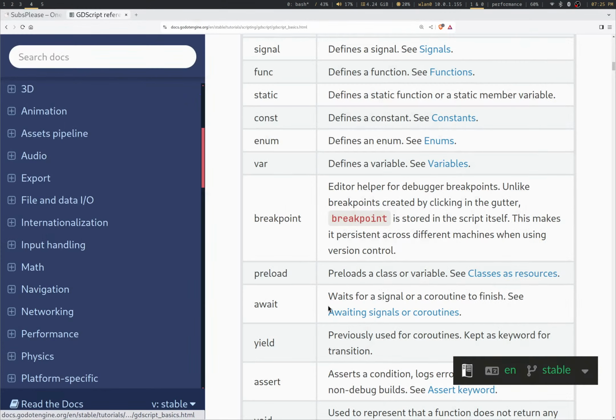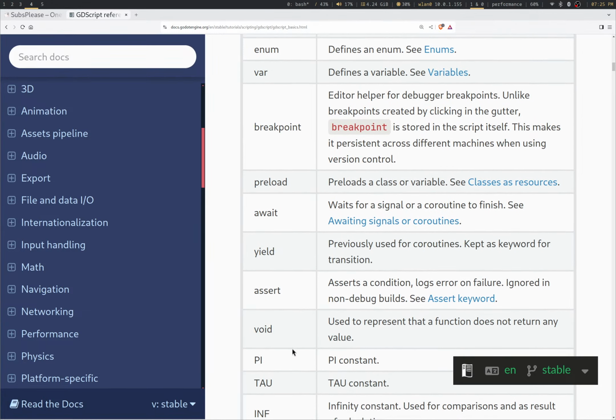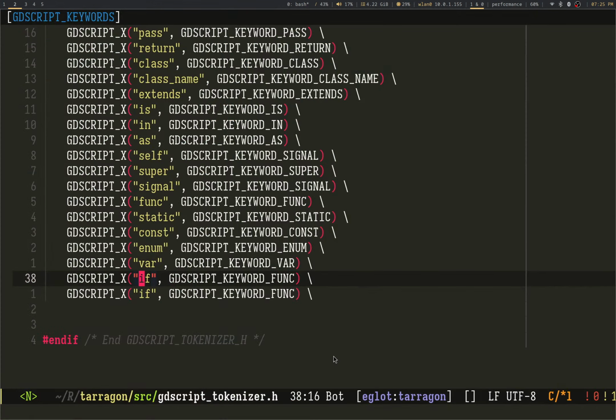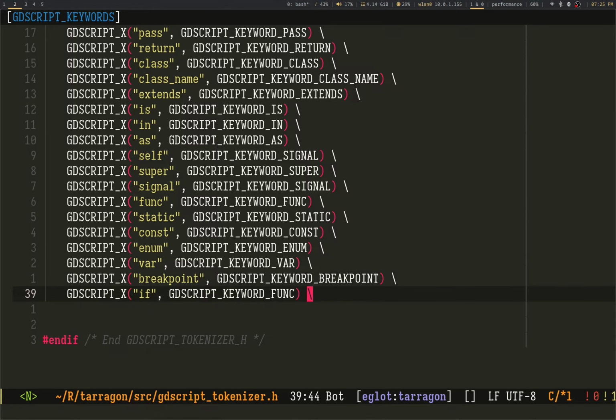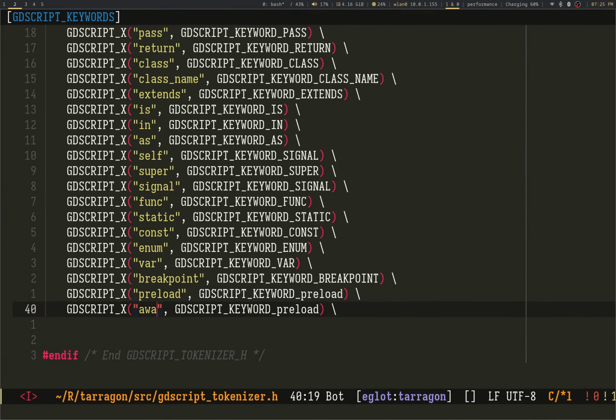And where do we leave off? Breakpoint, preload, await. I've never used breakpoint. And then, oops, this is supposed to be double.